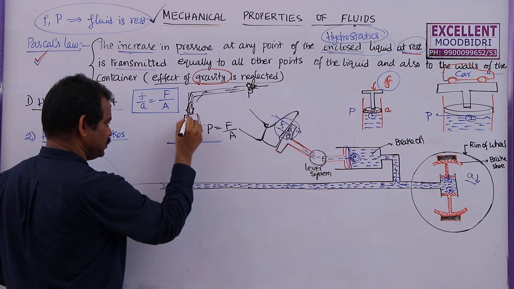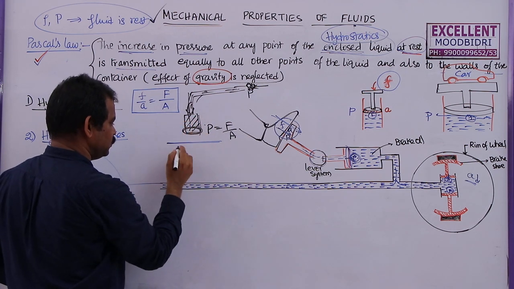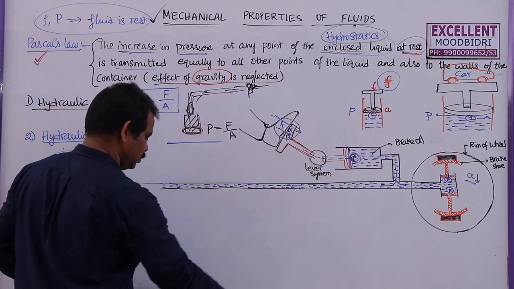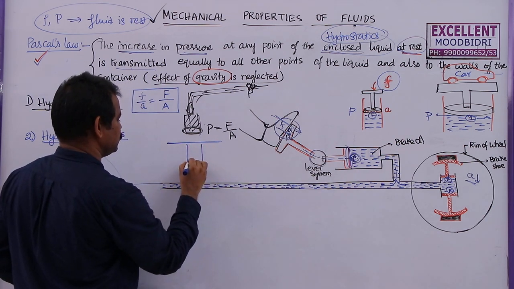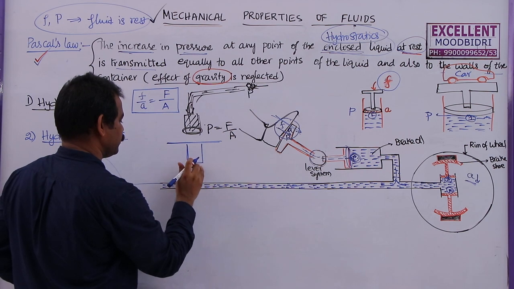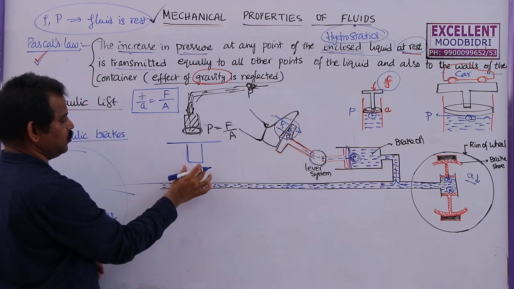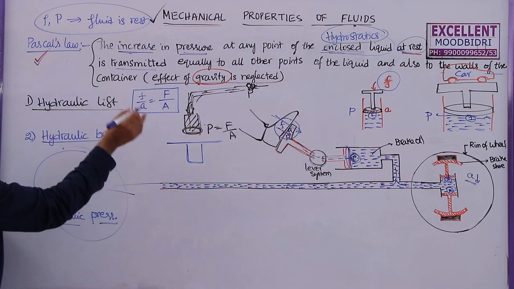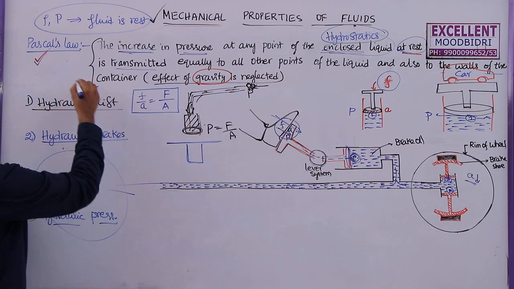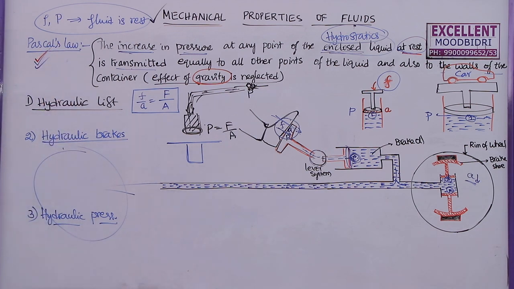So when the press comes, it pushes this one, and the plate will come into this structure. This is how we get these glasses. So this plate can be converted into this shape by applying a large force using this hydraulic press, and the principle behind the working of the hydraulic press is also Pascal's law only.